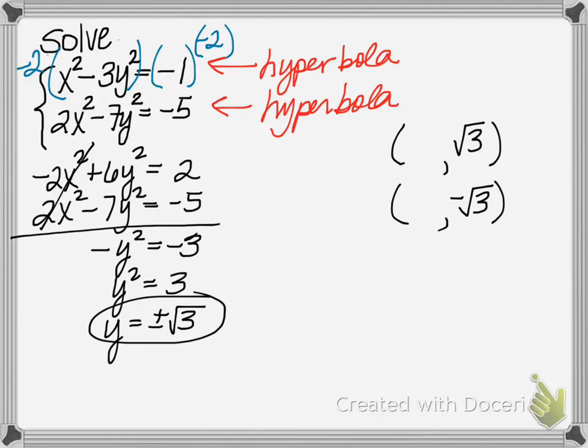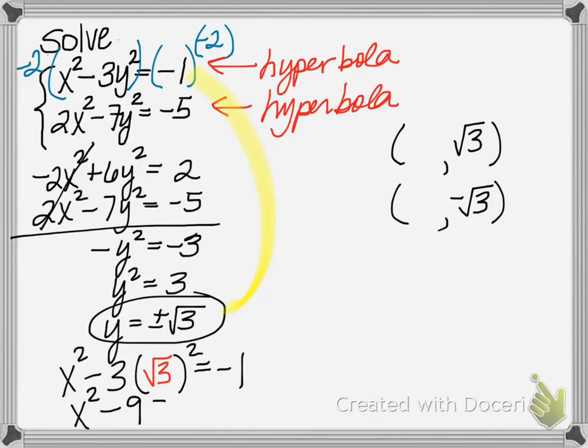I'm going to take this back into the first curve and do my substitution. My first curve, which was x squared minus 3y squared, I'll leave that blank for now, because now I'm going to substitute in my first y value, which was the square root of 3, and I'll solve for x. So I would end up here with x squared. The square root of 3 squared is 3, times 3 would be a minus 9, is equal to negative 1. So I'll go to the right here. It looks like x squared is equal to